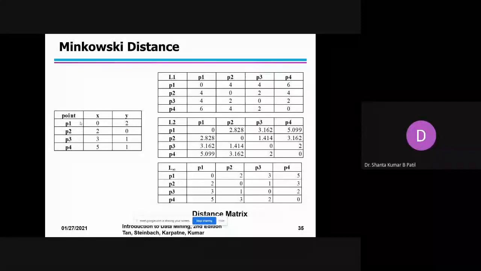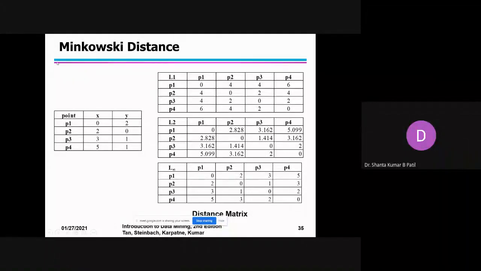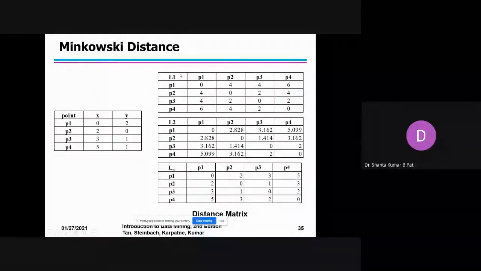Whereas in the tools, they are used to find the difference or similarity between the data. For example, if you substitute R is equal to 1, that is what you call the Manhattan technique. So R you can call L1. L2 is the Euclidean, and L infinity is the supremum.